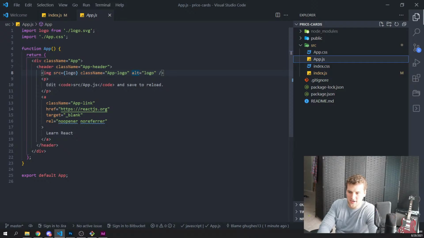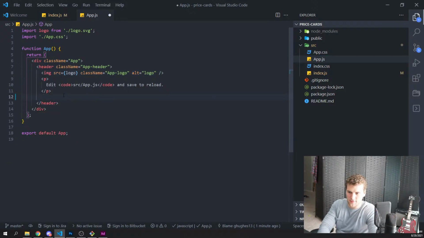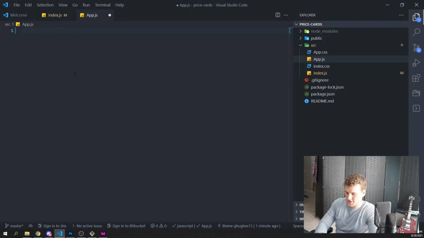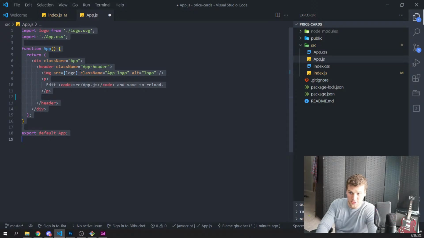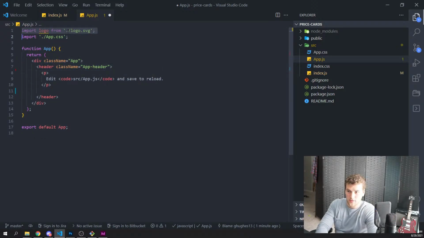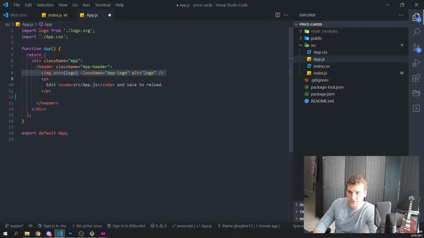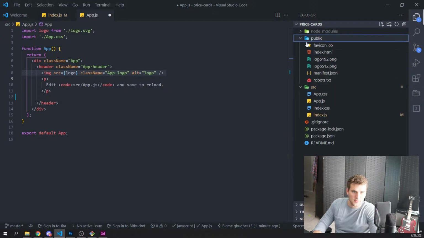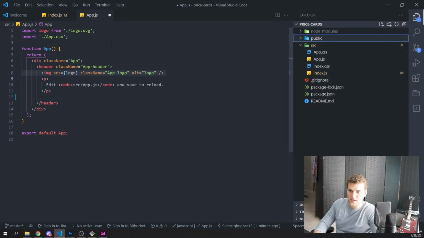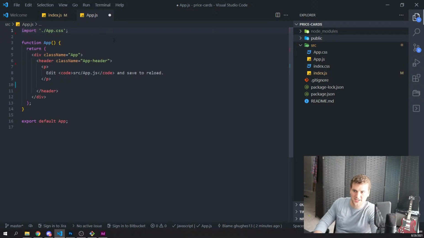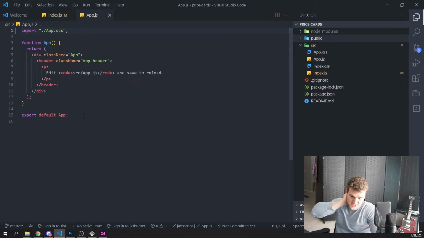What do I not need in here? I don't need this A tag. We're going to remove that. I don't need this image. Oh, I don't need that image. There we go. Don't need that. Wait, that's the right way to do it. Okay, so you import from that, and then... Did I delete? I need to look at that again later, because I don't think I've been importing images properly in my React apps. We'll leave App.css.